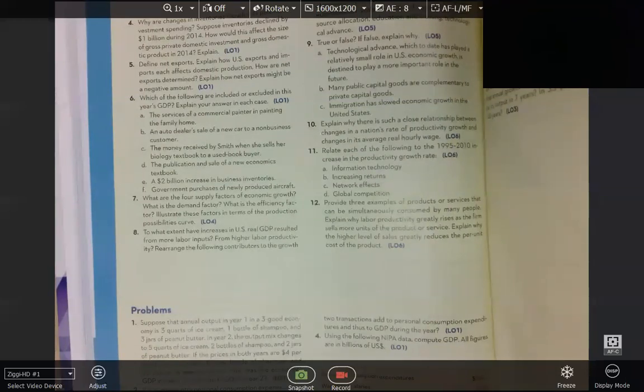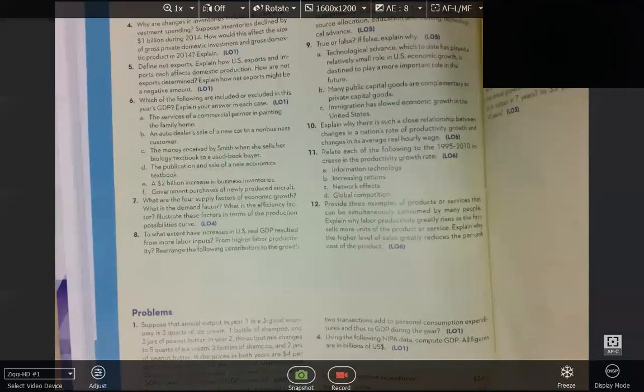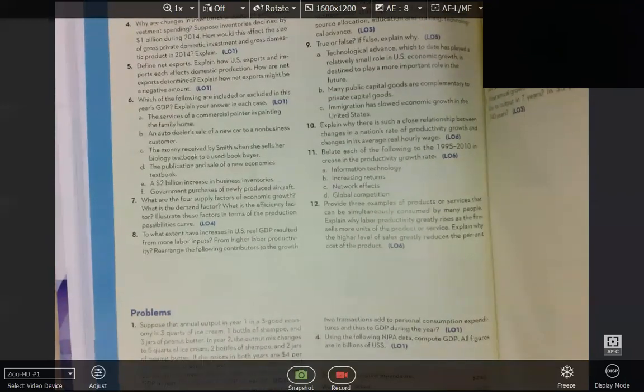I would say no. It is actually excluded. This is a very difficult one, but no. Yes, so this is excluded. If it's painting the family home, it's not counted. But if it was painting a home for, to sell, right? If you were a builder hiring them to paint the home, that'd be an intermediate good, right? So it still wouldn't be counted. It would only really be counted